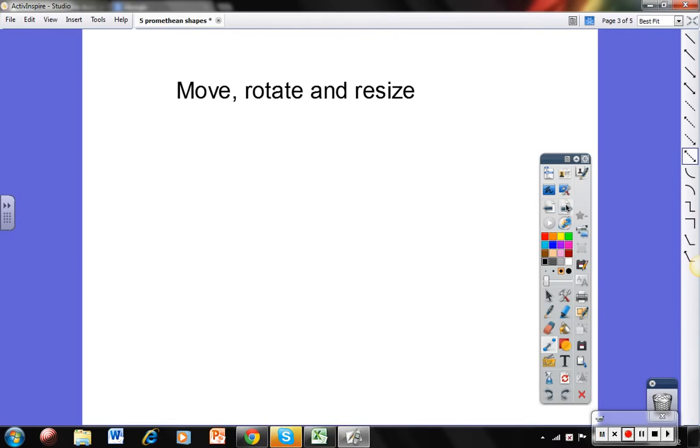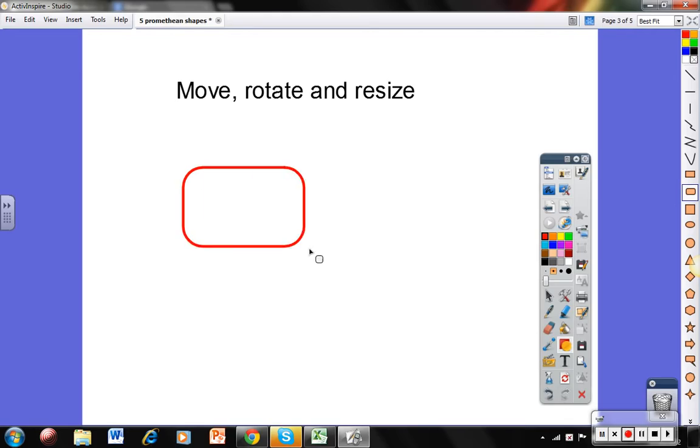How do you move, rotate and resize these shapes and lines? Well, let me go back to the shape tool, and this time I'm going to draw the second shape down, which is the rounded rectangle. And this really shows you a technique that you'll use time and time again, and it's one that's also easy to forget, and you'll try to move something and find you're still drawing, but don't worry about that because I still do that. It's very easy to get confused, but the key thing is this: do something, so draw something,